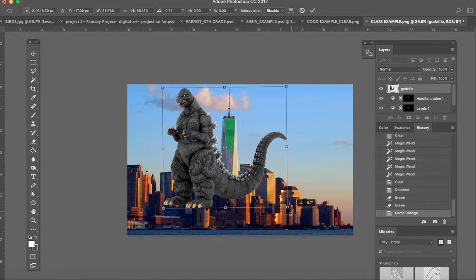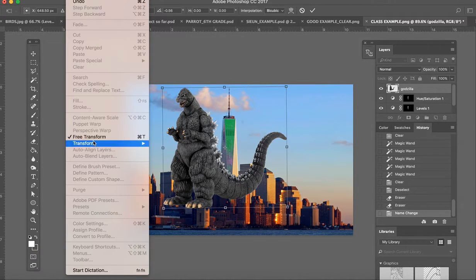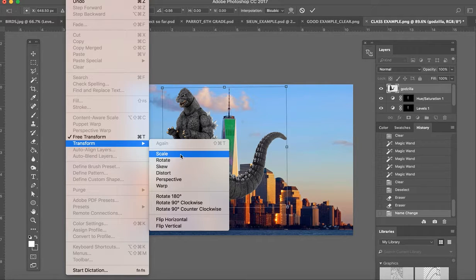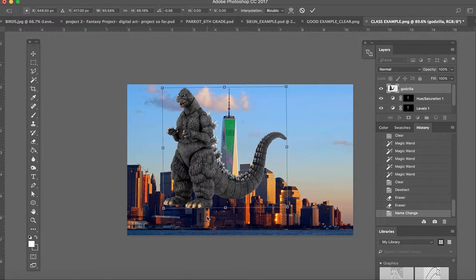You can also customize your transformation further by going up to Edit, Transform, and then you have Scale, Rotate, Skew, Distort, Perspective, Warp, Rotate 180, 90, Flip vertically or horizontally. So Control T or Command T will automatically scale or rotate, but it will not skew, distort, perspect, or warp. So if you go to Skew,